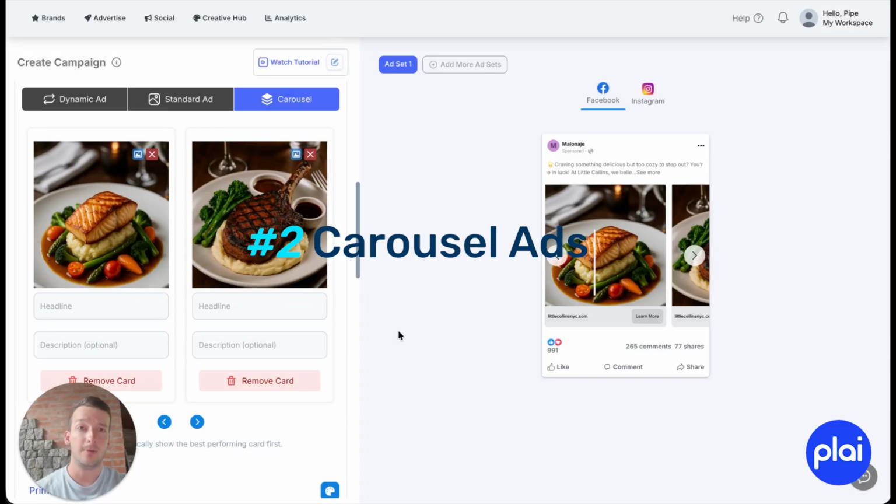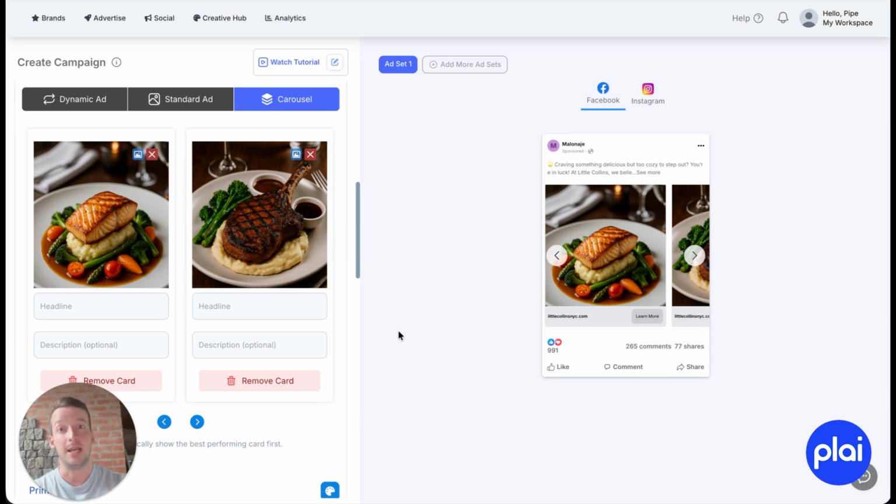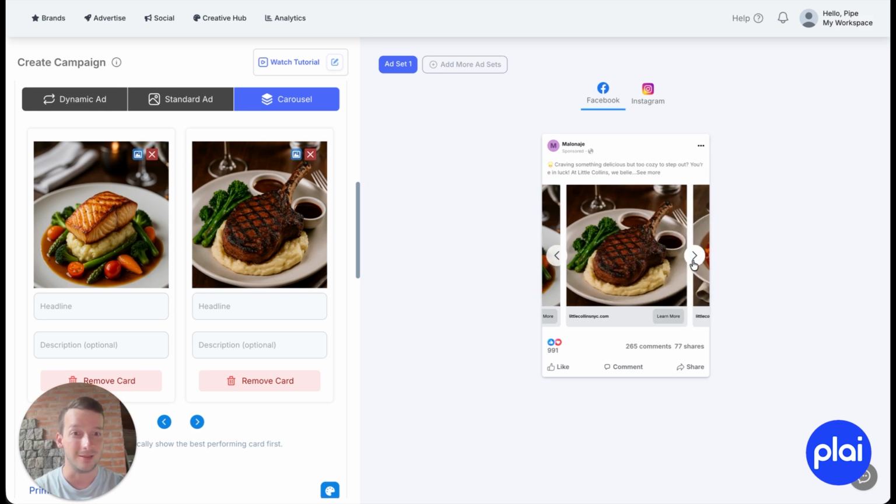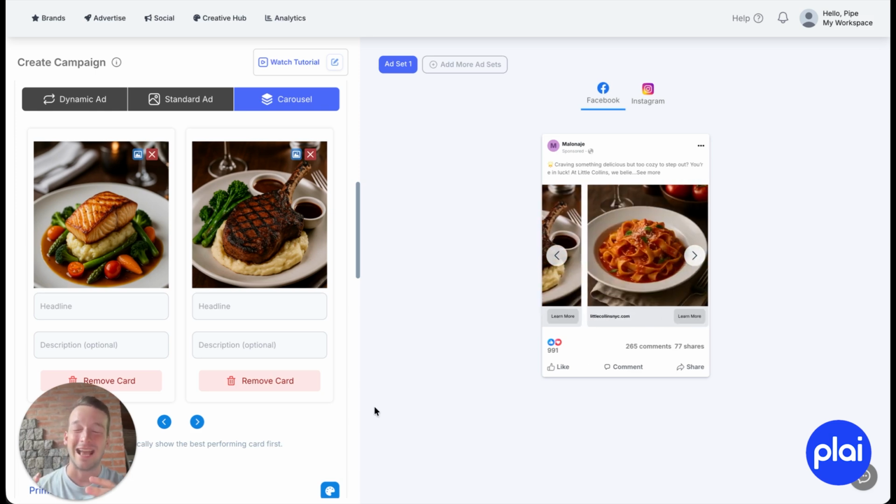Our second format is actually carousel ads. In certain business types, especially when you know that there is a sequence that you want people to be clicking through, carousel ads work amazingly. And there are specific businesses, just like, for example, restaurants, or for example in real estate,